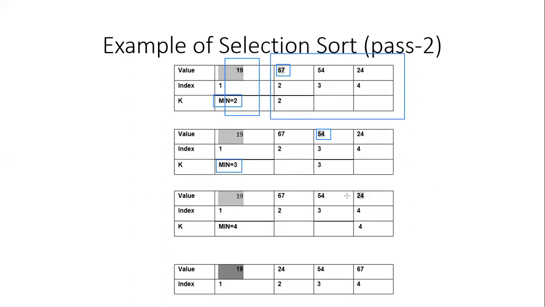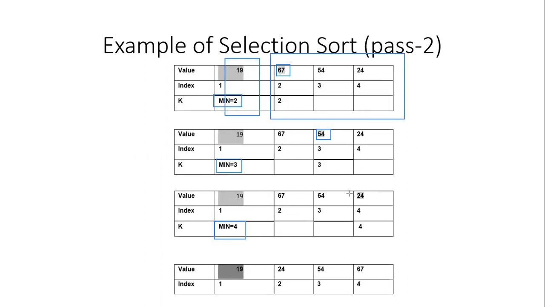Now check 54 with 24. 24 is smaller than 54, and hence the location of the smallest element in the list is 4. It does not include the first element because it is already sorted. So now we have found the location of the smallest element in the list, which is 4.